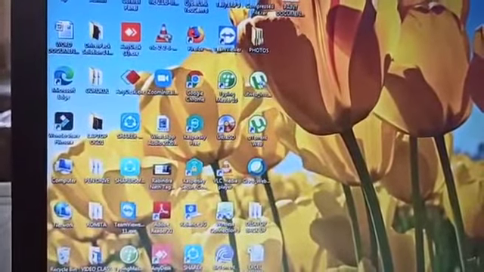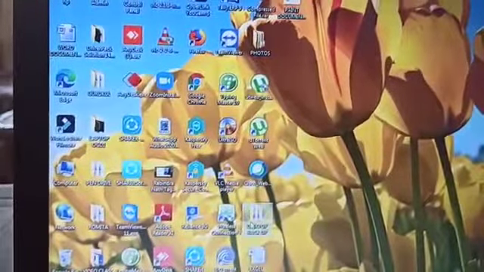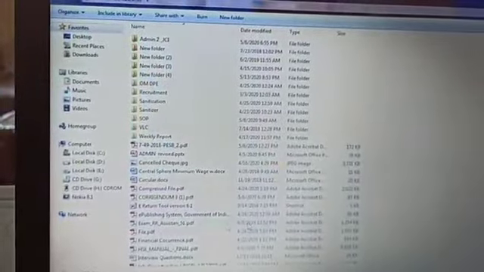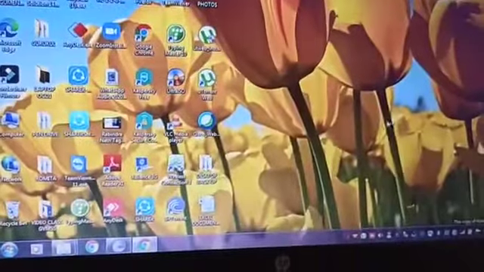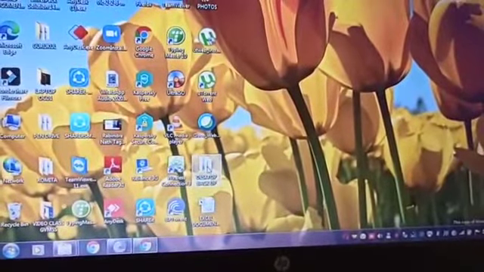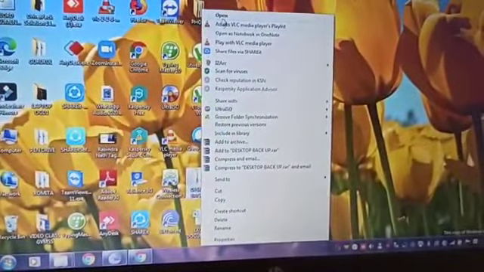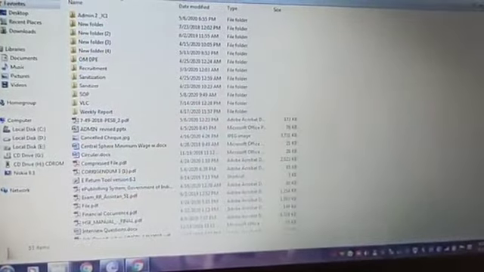Now if I click one such, see, I have double clicked it and it opened. Also you can right click. If I right click here on desktop backup and click open, in that case also it will open.